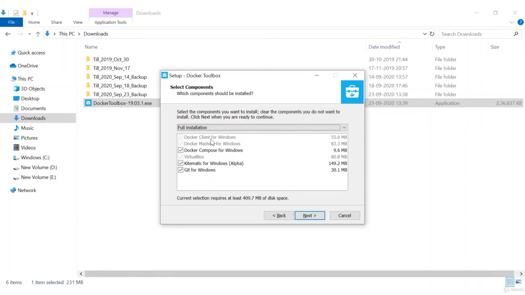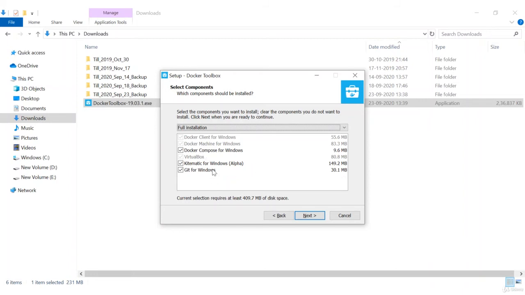VirtualBox is a technology for OS-level virtualization, where you can run multiple operating systems as virtual machines. In Docker, you can create different containers, which can hold different versions of software and libraries. But with VirtualBox, you can actually create multiple operating systems in a virtual environment. That's the use of VirtualBox. For Docker Toolbox, it only uses VirtualBox to create one single virtual machine, and on top of that, it will create containers internally.